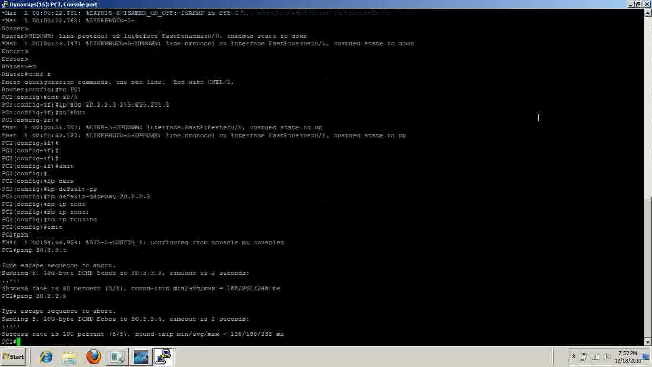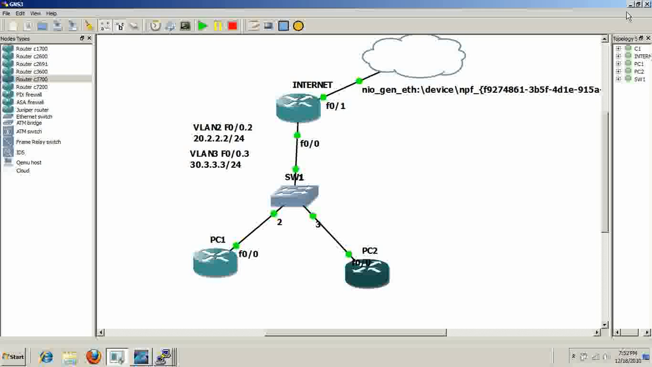So guys, to conclude this, it's our router on a stick. We have only one interface, which is connected to our local segment. We have two subnets, on VLAN 2 and VLAN 3, and we have only one interface going out to the internet. So this is how we do